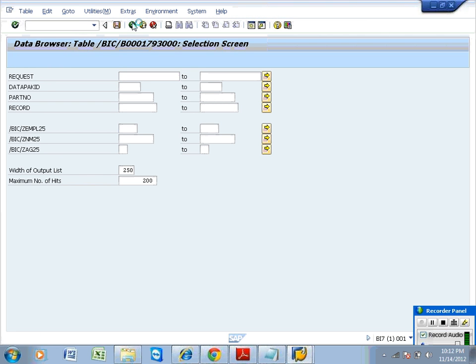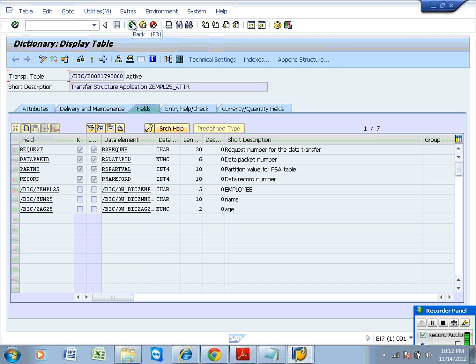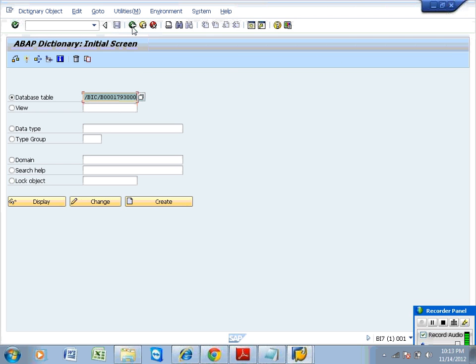So this is information about the PSA table. Otherwise, see the fixed data source: we double click on the data source and from the menu we select technical attributes. There we found the table. That's fine. Once you have the table information, you can go into SE11 level, paste this table information, and see the information about the PSA table.